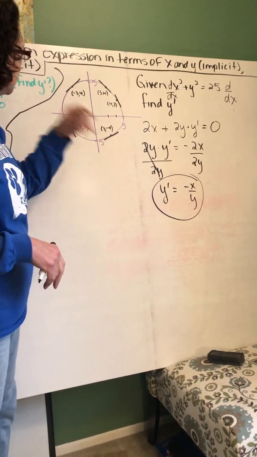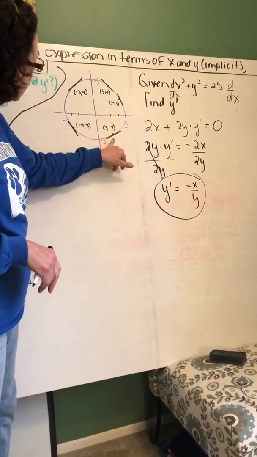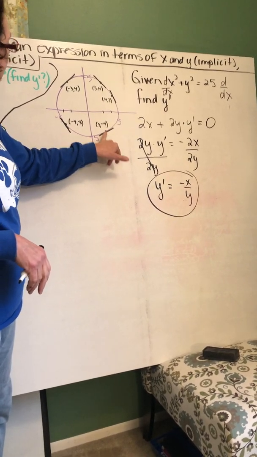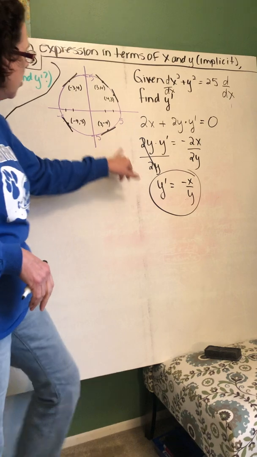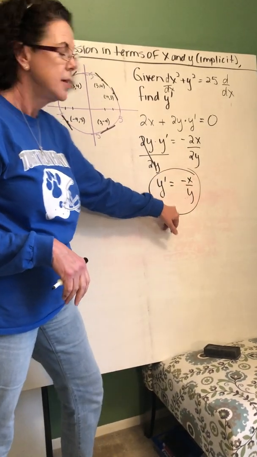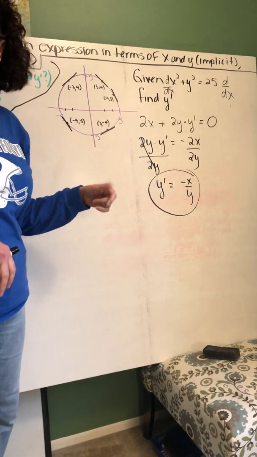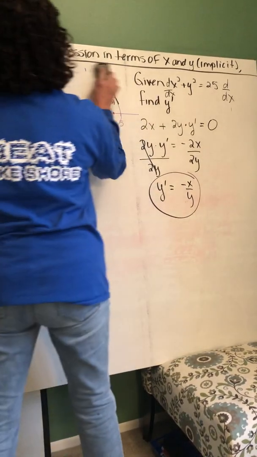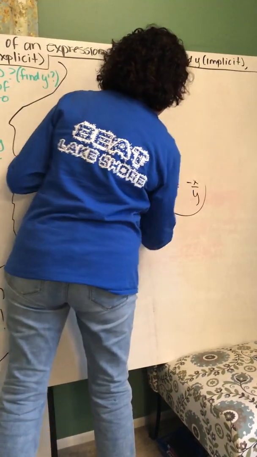Let's just check this one over here. The slope of this tangent line, or the derivative at the point (3, negative 4), when I put in a 3 here and a negative 4 here, I get 3/4. Notice that is a small positive slope. So that really does work. The next problem we're going to do